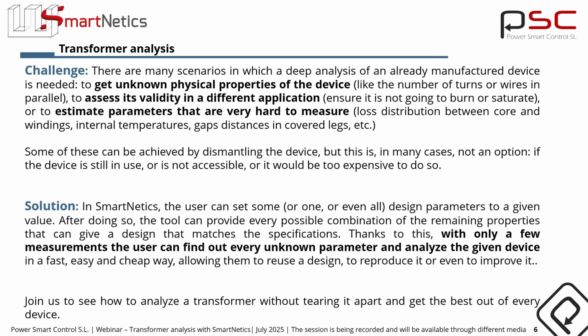to reproduce the design and to be able to know if we can use this for a different project without dismantling the design. To do so, what we do in Smartnetics is, thanks to the approach that we took for the tool that provides not a single result, but every possible result that fits a set of specifications, we can get every possible combination of parameters in a database that could lead us to a transformer like the one we're going to analyze today. And after that, once we have identified the transformer we have, we can easily see if